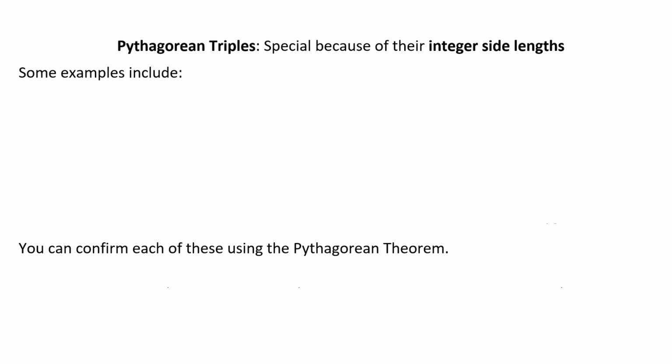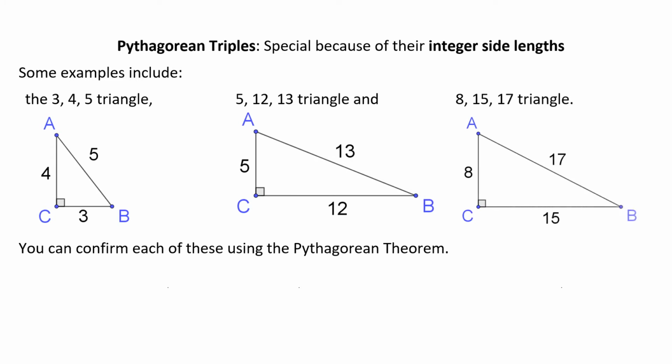Some of the special right triangles that we're going to look at have integer side lengths. When they do, those are Pythagorean triples. Some of the most famous are the 3, 4, 5, the 5, 12, 13, and also the 8, 15, 17. Just a hint, getting ready for the SAT or the ACT, these triangles come up very frequently